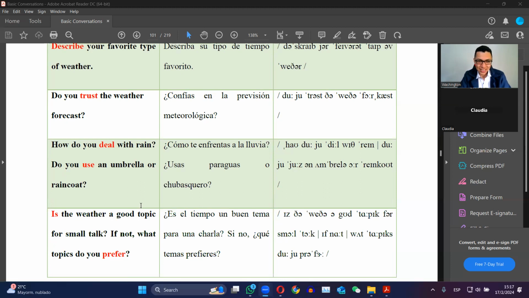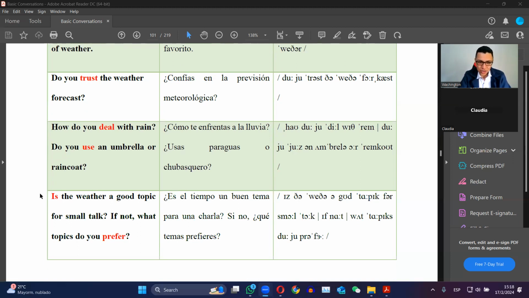How do you deal with rain? Do you use an umbrella or raincoat? Yes, I use an umbrella or I go out in my car. Is the weather a good topic for small talk? If not, what topic do you prefer? I think it is a good topic for small talk because there are a lot of preferences and we do not agree in all the